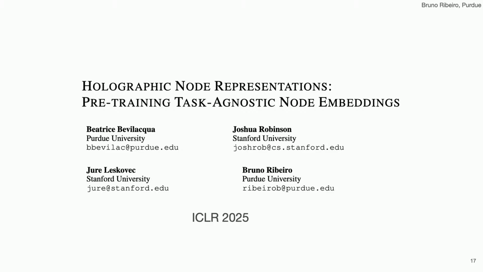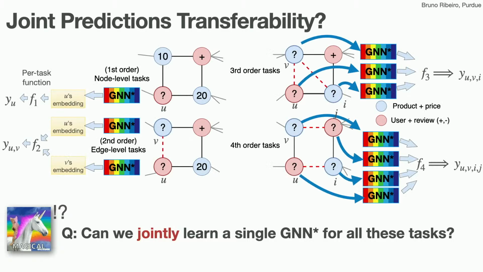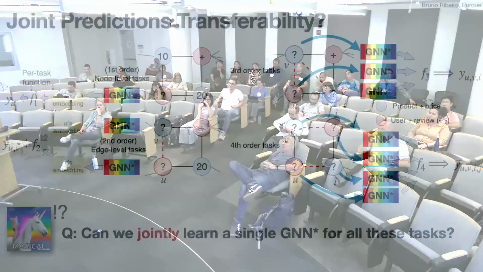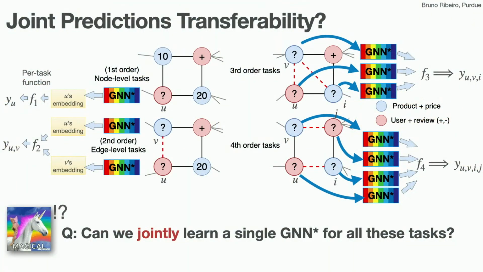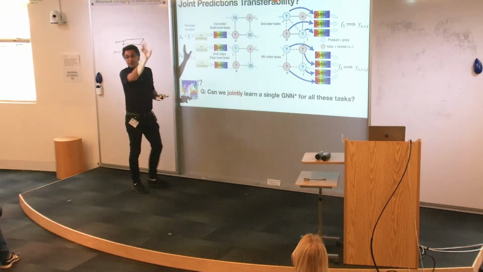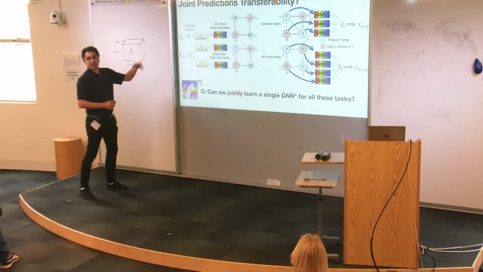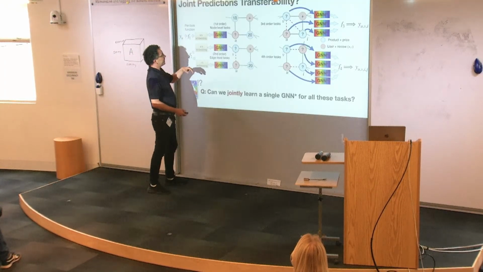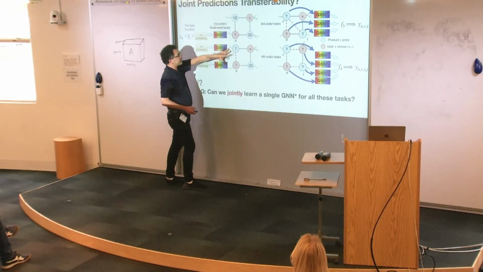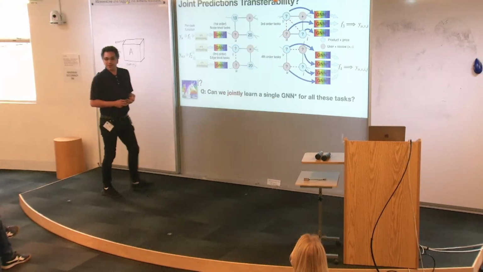Yes? To clarify, so in the previous slide, are you just learning the GNN? Yes. So you can imagine that I have this as a loss, this is another loss, this is the third loss, this is the fourth loss, right? And I'm just training the same GNN over the whole thing. And at test time, are you going to test on some different task? I would test on a different task. Actually, in our work, we do something like this. We train on this and test on this. Okay. We train on this and test on this one. Okay. So we do some transferability that way.